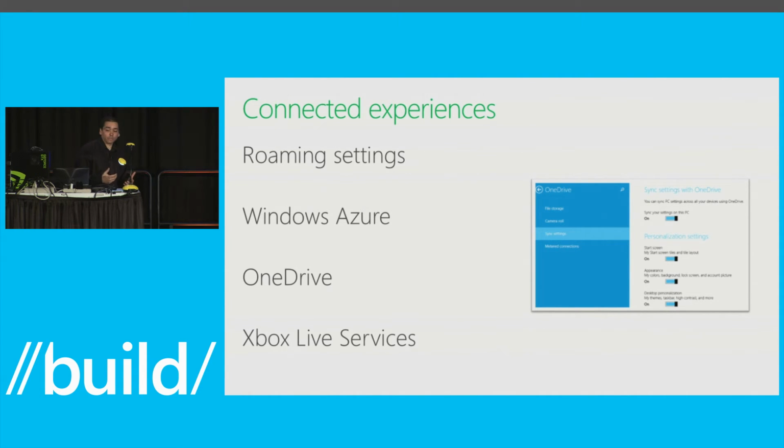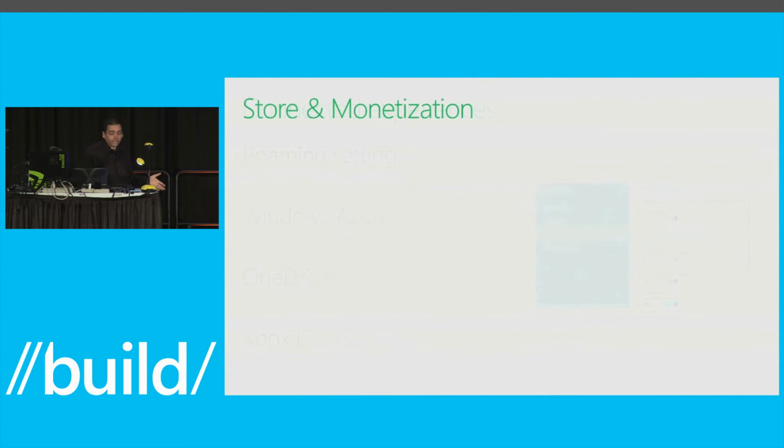If you want to do something more, we give you Windows Azure. There's plenty of samples that show you how to connect Azure for doing your leaderboard or for saving something across the different screens. You can also use OneDrive, or if you're writing a console game and you're part of Xbox Live, you can use Xbox Live services. So we have a lot. I just want to make sure that because we give you so many different screens, you play to our strengths and you actually roam the settings so that the user can go through very quickly.